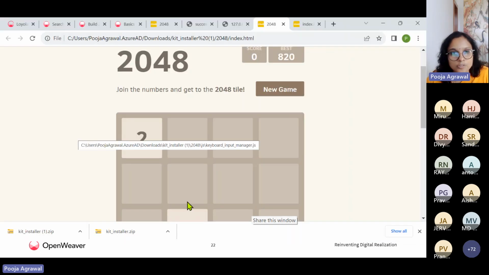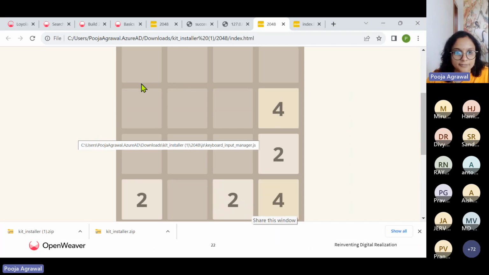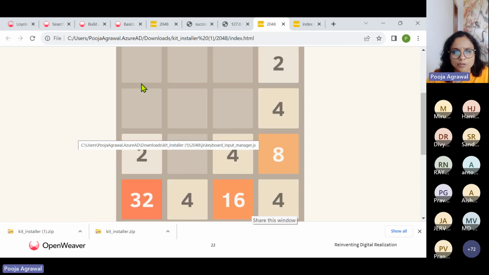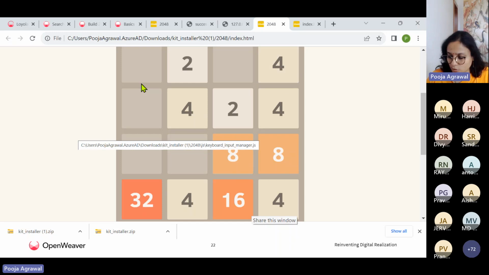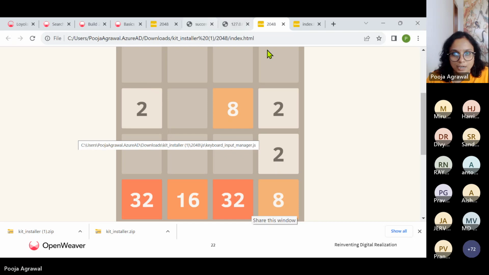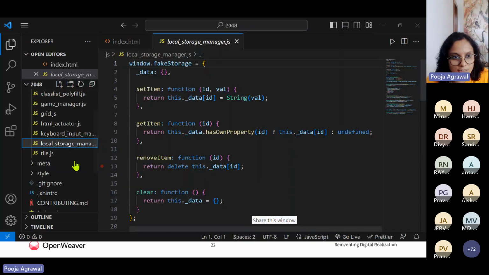So even when you close the game, let's say I've played it, I'm also able to keep the current state of the game until and unless you press restart. I would be able to resume from this state. That is the local storage that is being used here.